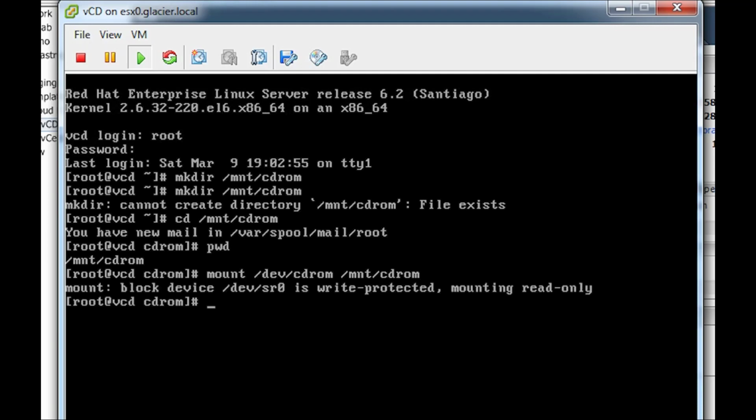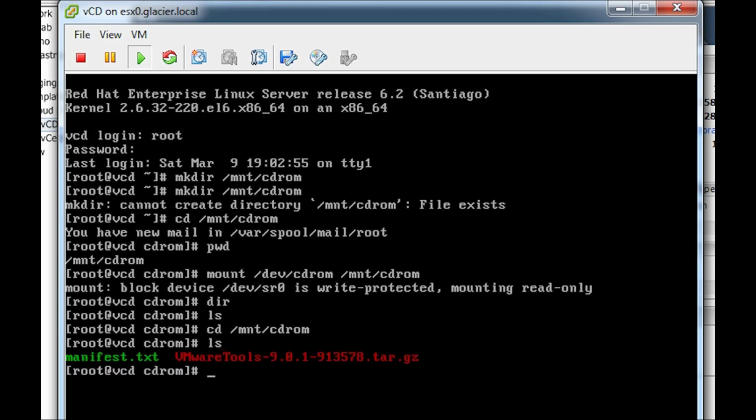And there we go. It's telling me it's doing it read-only because this is an ISO file. It's a CD-ROM. And we all know you can't write to a write-protected CD-ROM, so it's just giving you the warning. Now, if I do a directory lookup of where I'm at, let me go to mount cd-rom. There we go. We'll see that we've got the VMware tools